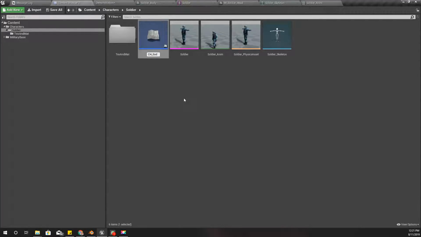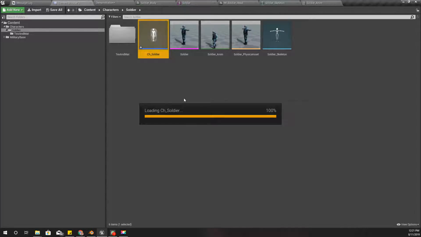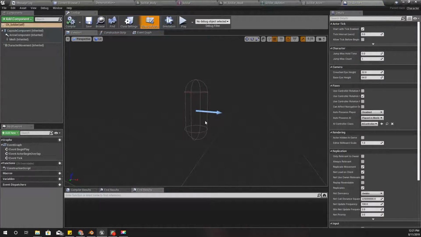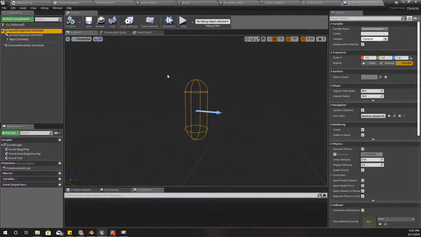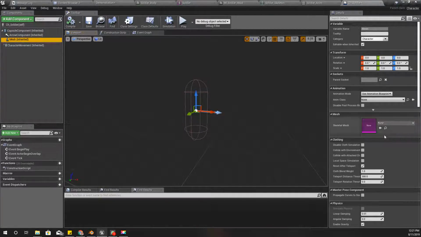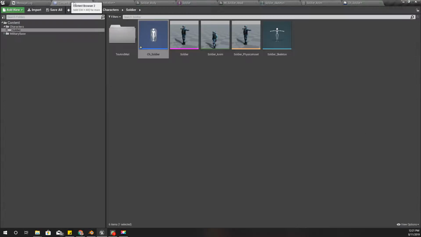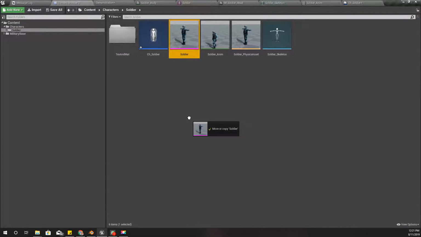and I'll name this one ch soldier. Right, so this is the capsule that defines the bounds of the character, and here we have a skeletal mesh component. So for this one I'll drag and drop this soldier